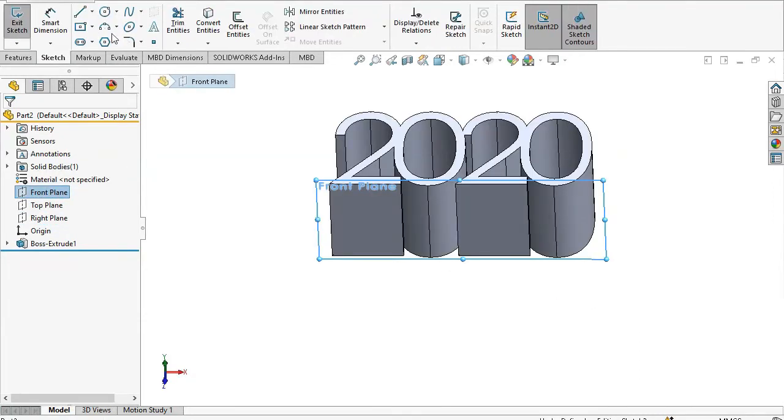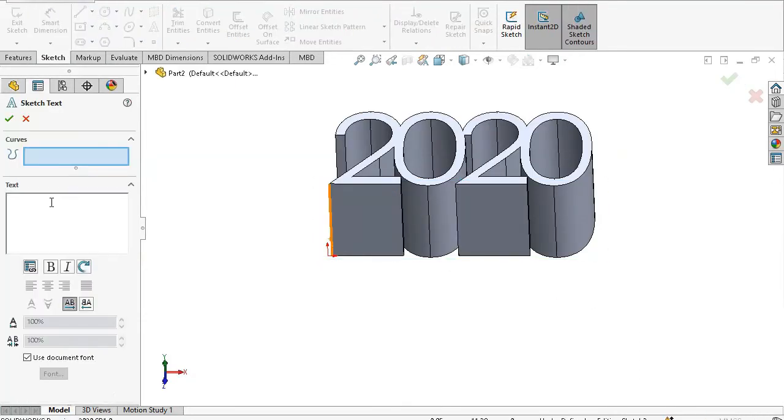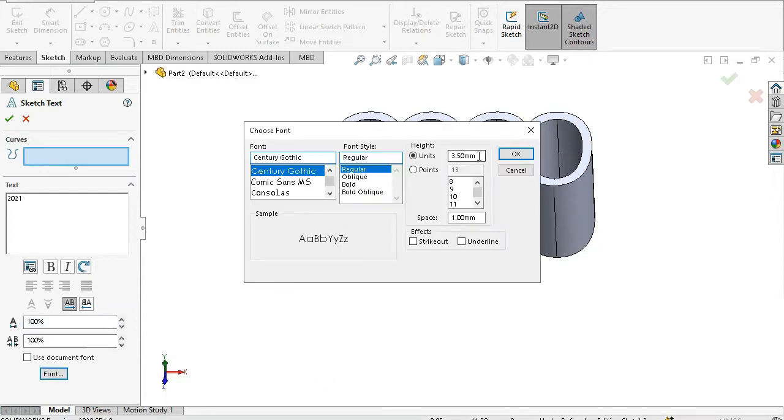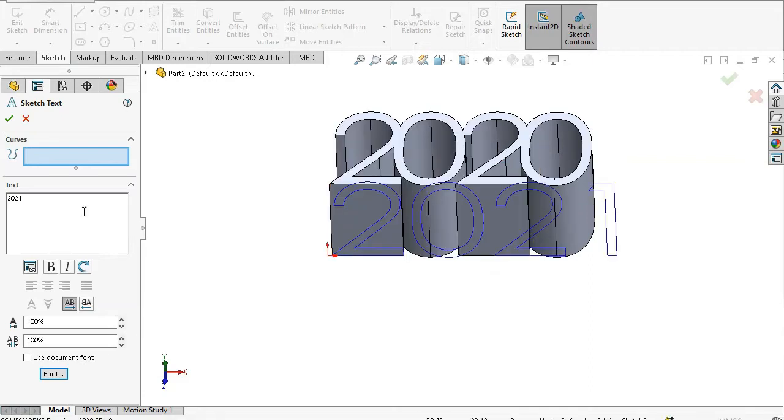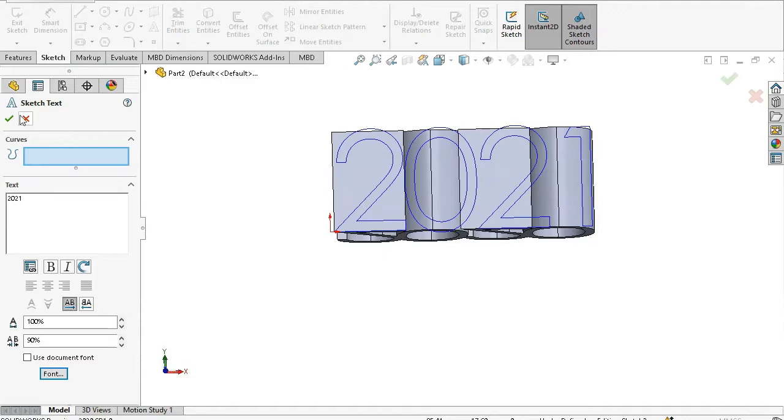Select the front plane and we have to do the same process for 2021. But as 0 length is big than 1, so I will not overlap.